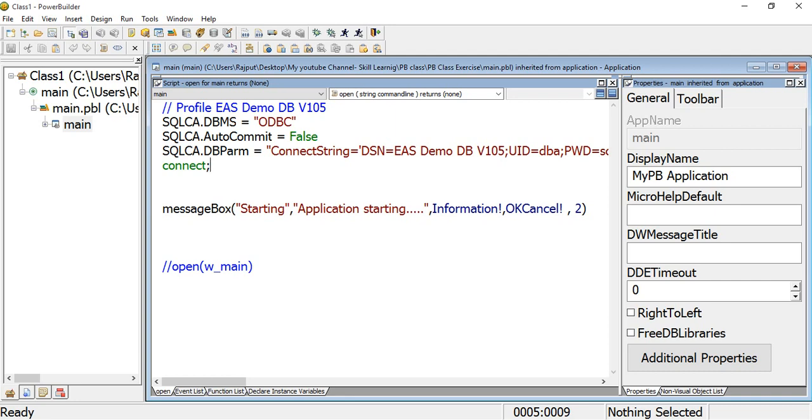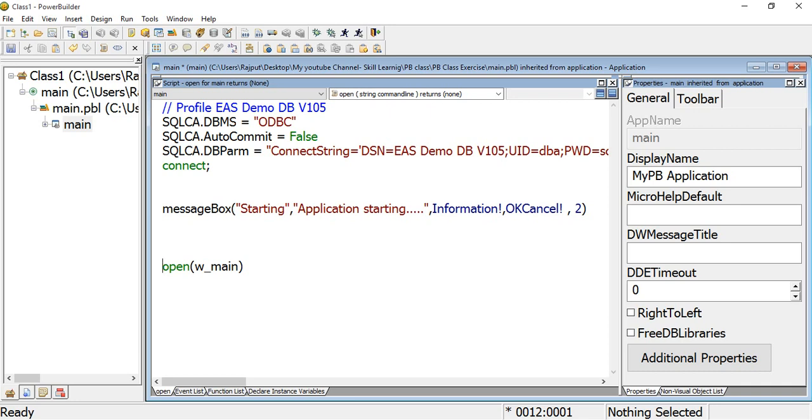These are defined in the application label properties here. And if you want my application to start with this window, with this action, then you write it on the open event.